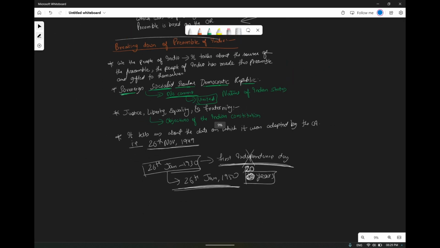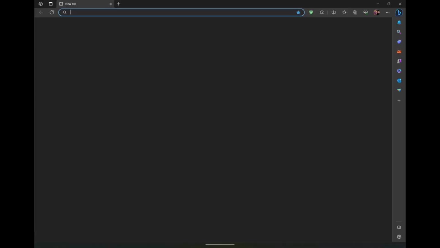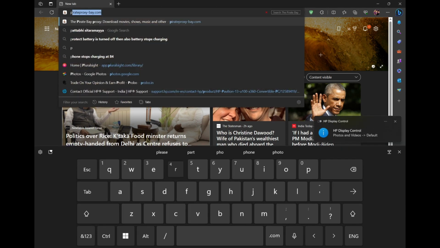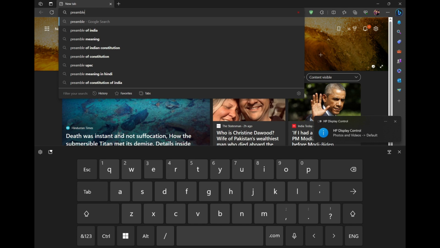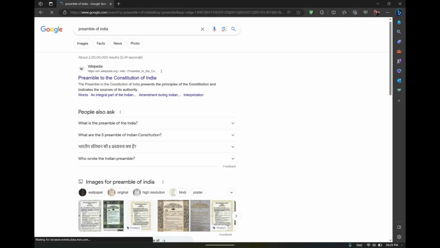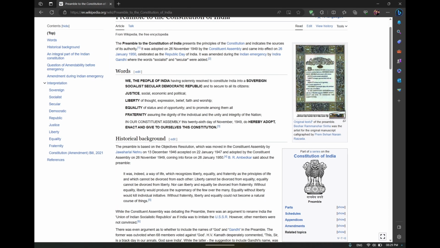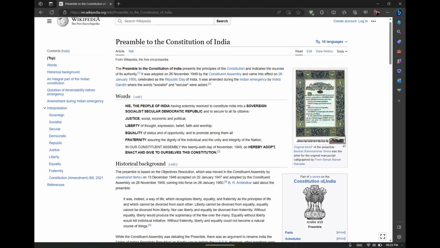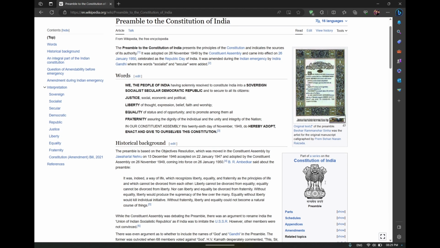Now we'll go through the Constitution, we'll go through the Preamble, and then we'll try to understand why we have discussed those terms here. See what exactly this Preamble tells. This is the Preamble. See what it tells: We, the people of India, having solemnly resolved to constitute India into a sovereign, socialist, secular, democratic republic, and to secure to all its citizens